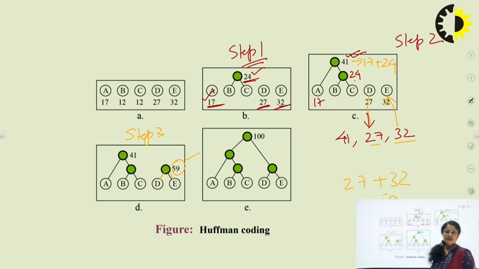Now after the completion of step 3, we have 2 weights with us. One is 41 and the other one is 59. Since we are left with only 2 nodes with 2 weights, we presume these 2 as the least weights, and we complete the process by finding the summation of the weights for those 2 nodes. This was for 41, and this was for 59. We add up those 2 weights, and we have a 100 here.